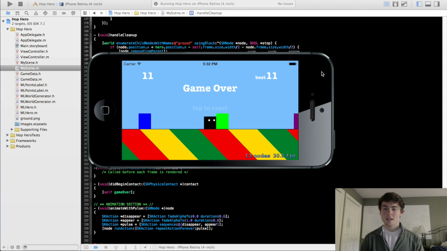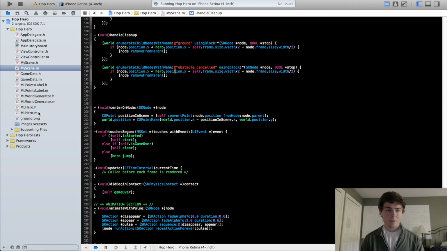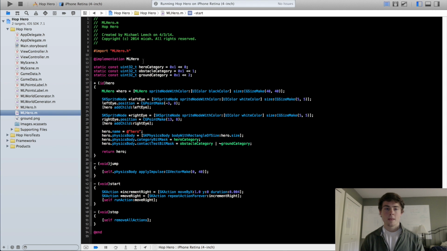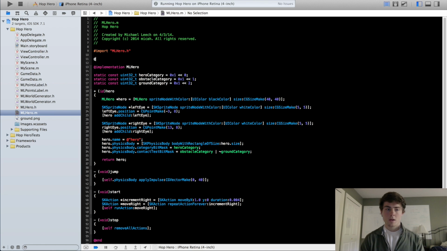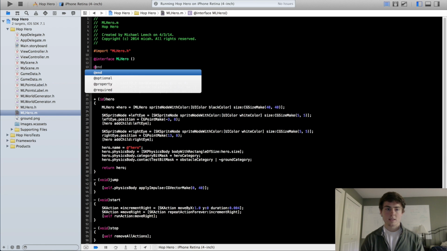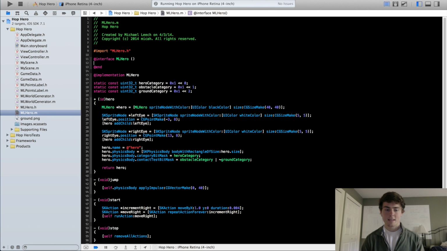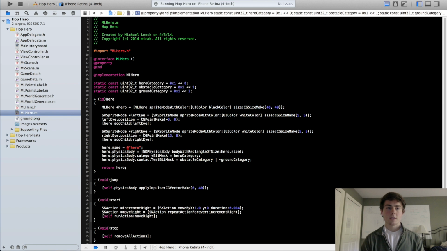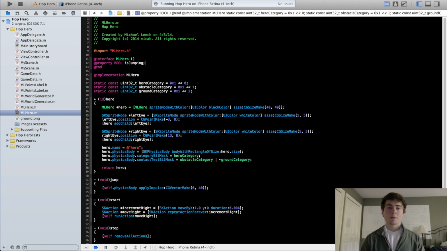So to get started we can just close out of the iOS simulator, go into the ML Hero implementation file, and we're going to add a Boolean variable. So do @interface ML Hero, these parentheses, make sure you put that @end in there. And do @property bool isJumping. So this is going to let our ML Hero class know when the ML Hero is jumping, so we can stop him from jumping again